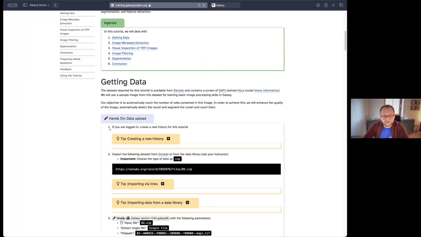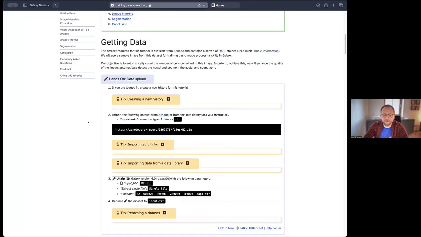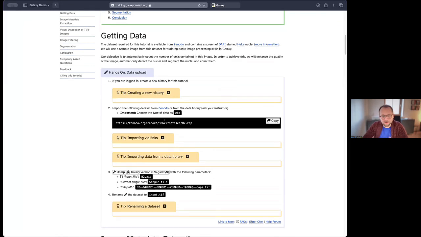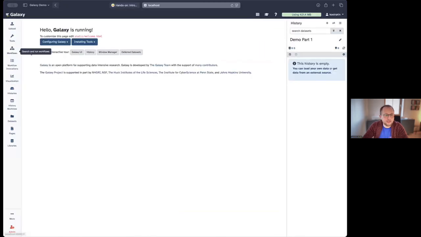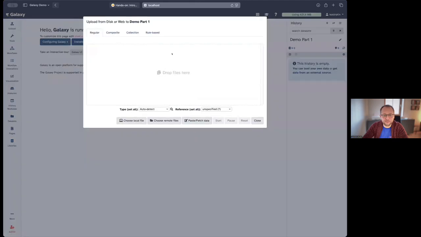That said, the first step of the procedure will be to acquire the data that I want to work with. To do so, I pick the URL from the tutorial, which is linked to a zip archive hosted on Zenodo. To load this into Galaxy, I will use the upload button.